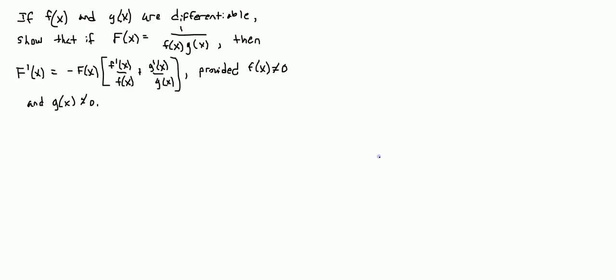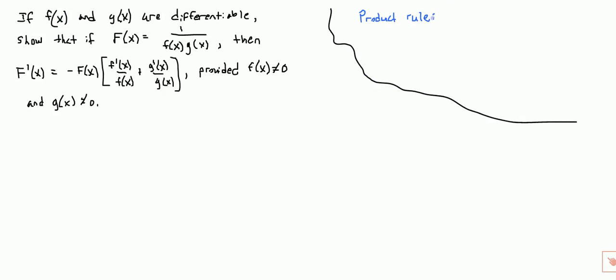Okay, so I'm going to use two things to do this. I'm going to use the product rule and the chain rule. So let's remember the product rule. The product rule states that if we're taking the derivative of a product of two functions, say f times g, then we're going to get the derivative of f times g plus the derivative of g times f. Right? And the chain rule